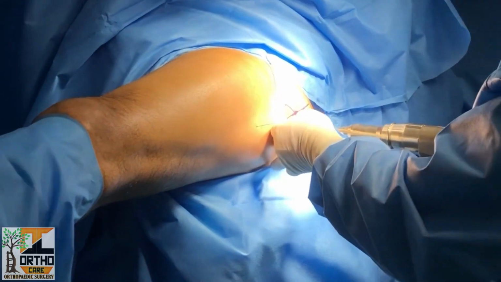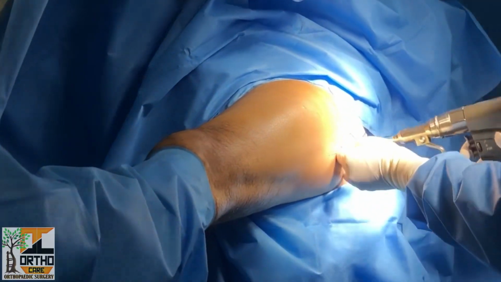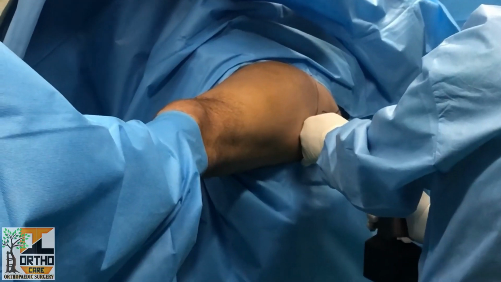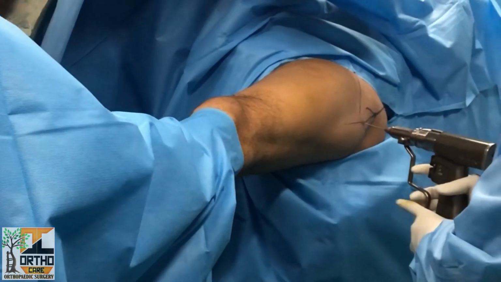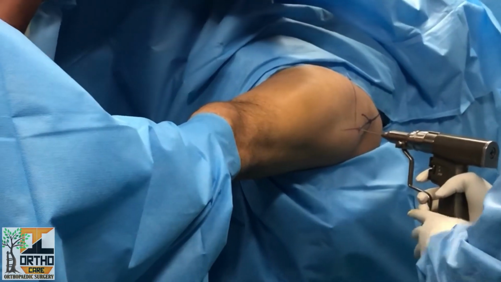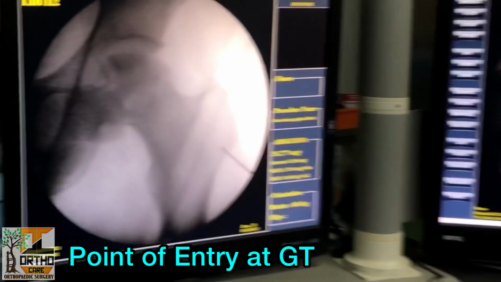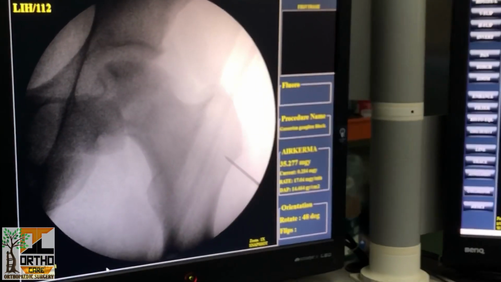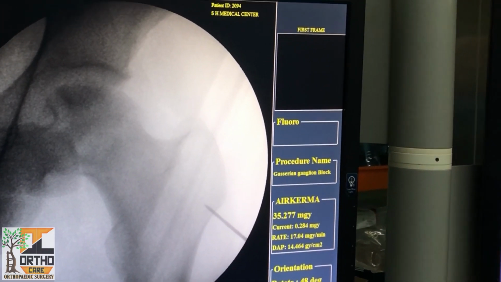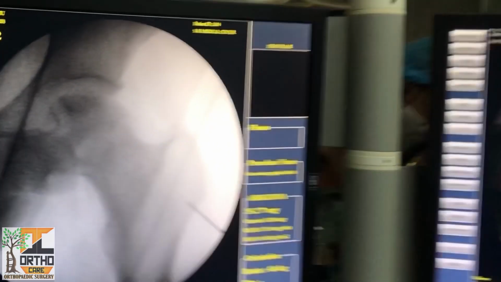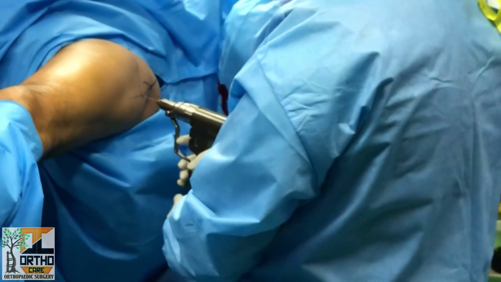So when I insert a guide wire, always check anterior and posterior borders of GT and then insert it, proceed forwards. After getting inside a bit, always check in the C-arm what is the direction and what is the site it is going. So I was desiring the site in the AP view. As you can see, it is directed to the upper quadrant, so I was desiring that. Now proceeding it furthermore, then turning into the lateral view.